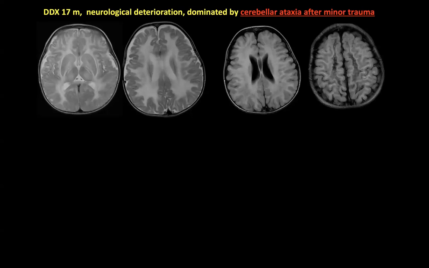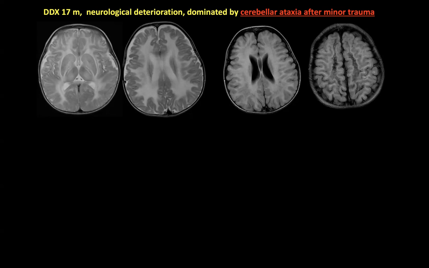Despite the cavitation being visible in this case on FLAIR, and despite the possibility of mild restriction, there is no prominent edge of diffusion restriction as I showed you before. And when you have a situation like cavitating leukodystrophy, especially where the child has cerebellar ataxia,